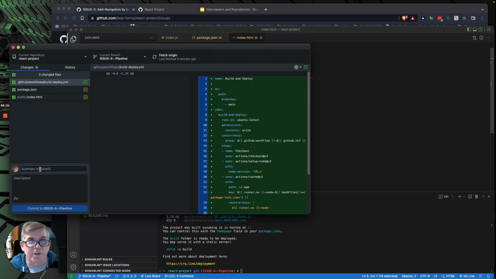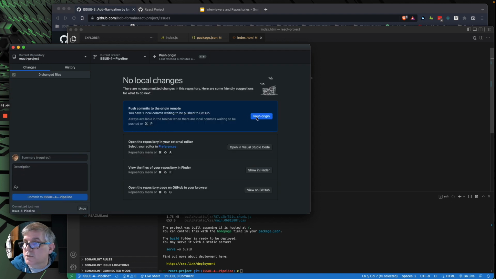So 3 files: GitHub workflows, build and deploy, public index, and package.json. I'm verifying that against my notes that I have over here. Okay. All right. So this is issue 4, pipeline. Commit, push.